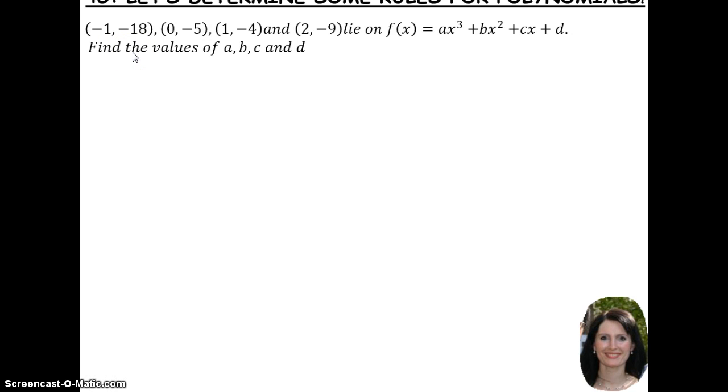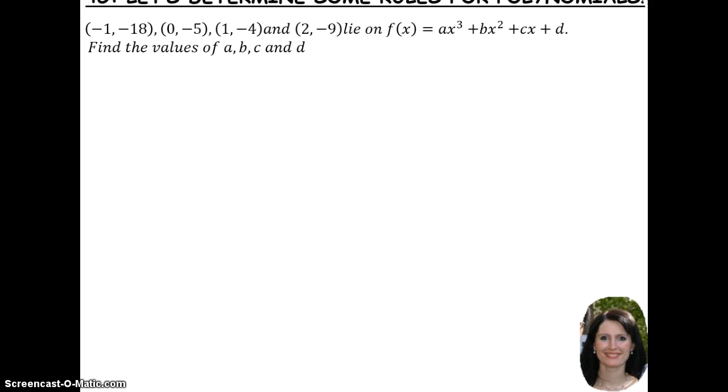Today we're going to do exercise 4G from your methods textbook. We're determining some rules for polynomial functions. Here they say there are 4 points: (-1, -18), (0, -5), (1, -4) and (2, -9). They're saying that these lie on the graph of ax cubed plus bx squared plus cx plus d, and we want to find the values of a, b, c and d, and hence then we can state the actual equation